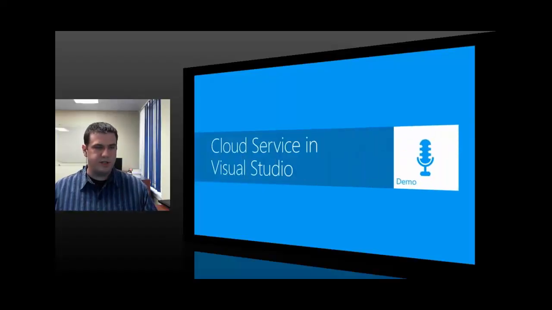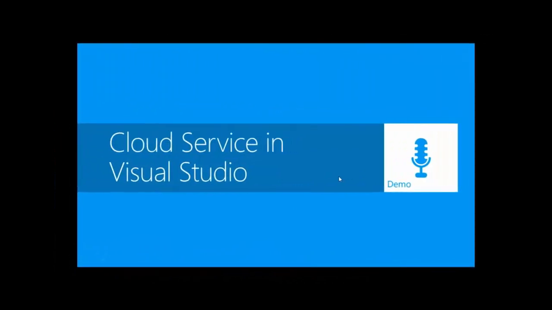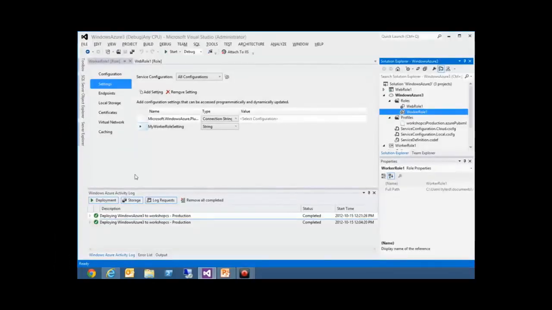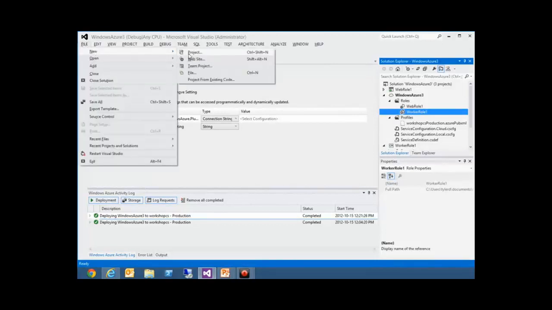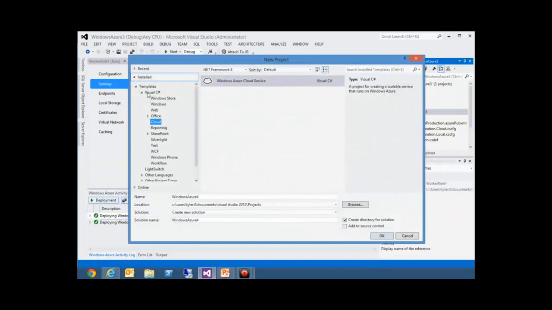Without further ado, I'm actually going to build a cloud service in Visual Studio. I'll flip over to my screen here and get Visual Studio up. I'll start this from scratch so you can see how I build one up. If I go to New Project in Visual Studio, this is Visual Studio 2012, with the